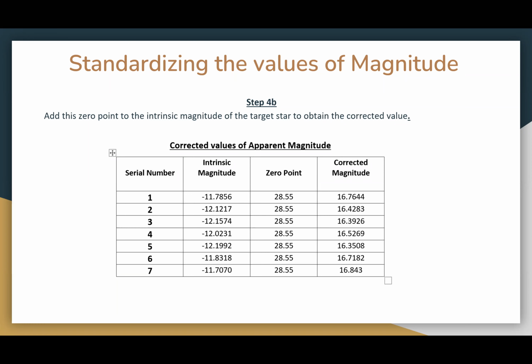So you have just added 28. That is not a zero point correction. If the zero point was the same for all images, then you wouldn't have to correct for it at all, no? So that is the root cause of your problem. Okay. Yes, sir. I got it now.